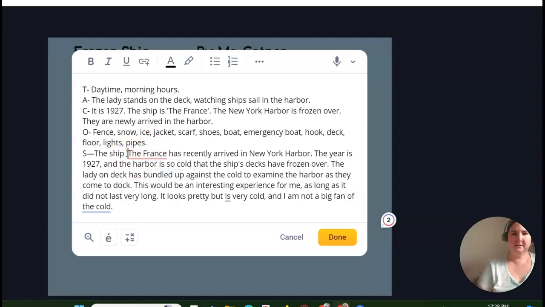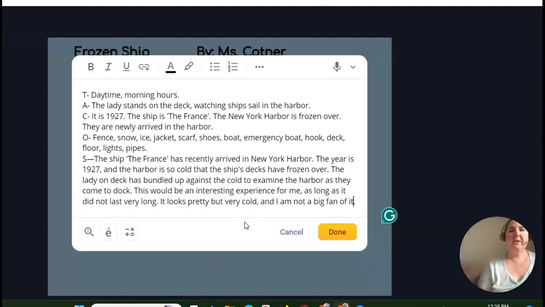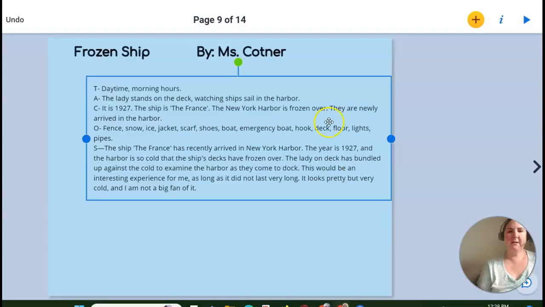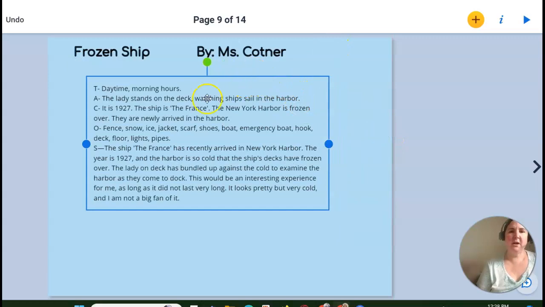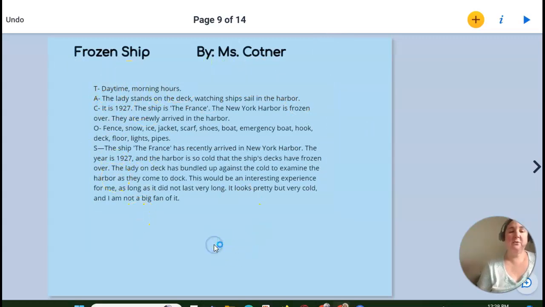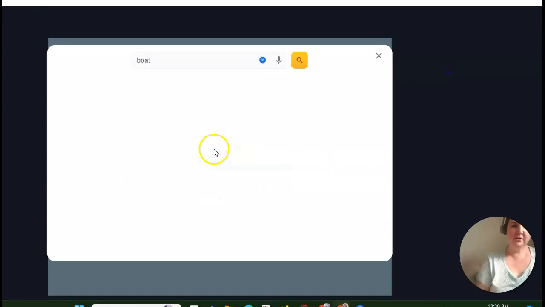And I need to fix the France. All right, and then it looks pretty. Yes. Okay, so I have fixed my writing. It is a little big for the page. I could even add spaces between these if I want to. But now that I have this all organized, now I'm free to add some images. So maybe I want to look for a boat